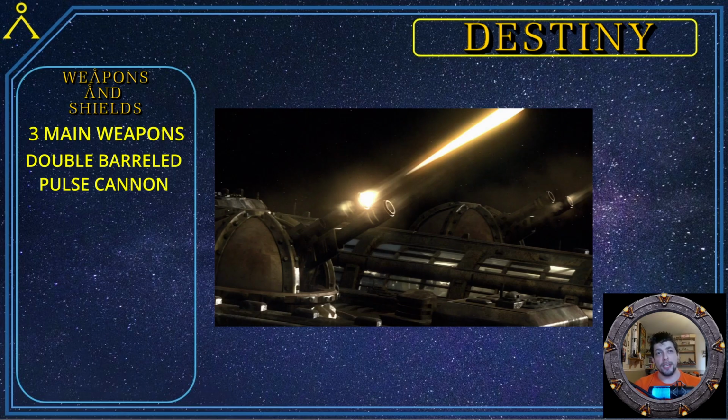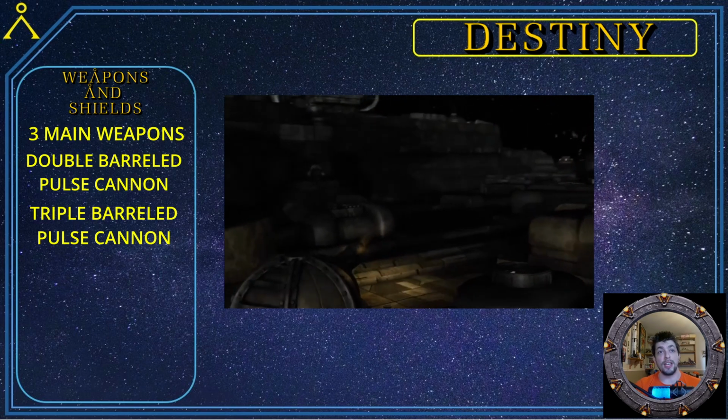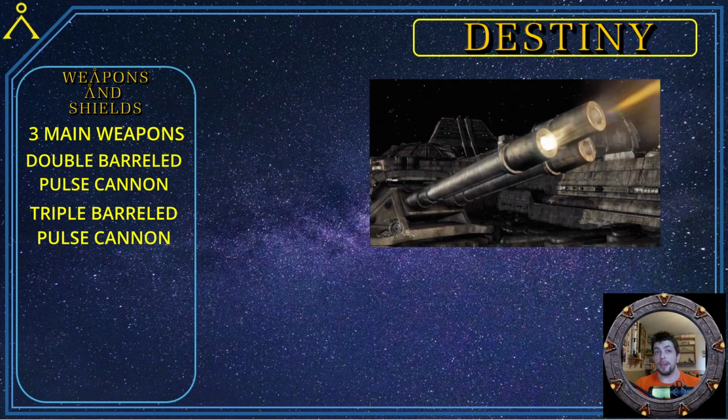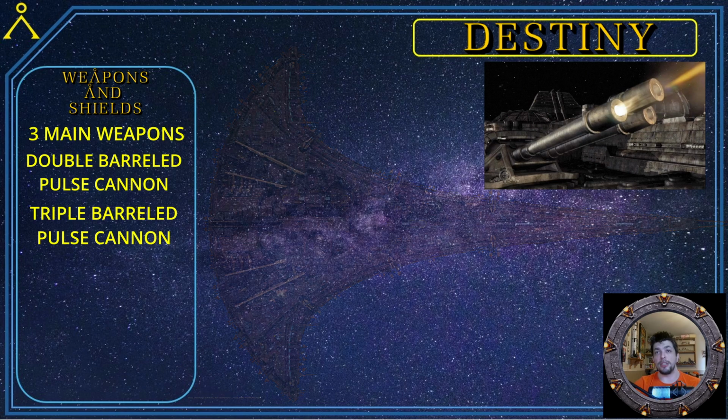The next weapon Destiny has are larger triple barrel cannons. These cannons are for use against larger enemy ships and deal more damage than the small double barrel cannons. These cannons are fewer in number, numbering 8 in total, being situated in the middle and at the rear of the ship on the top and the bottom sides, located here. These cannons are the main ship-to-ship weapons and are like the smaller cannons, rotating 360 degrees with an elevation of